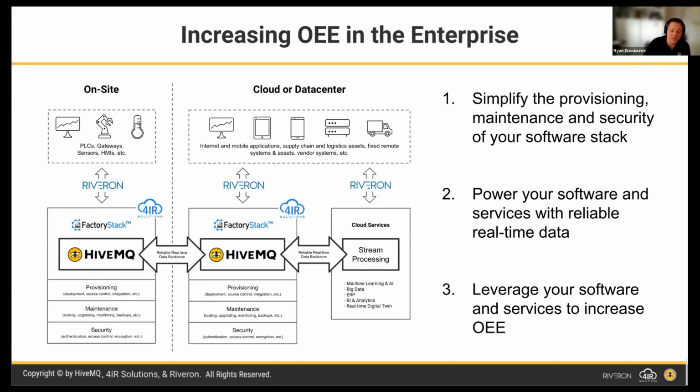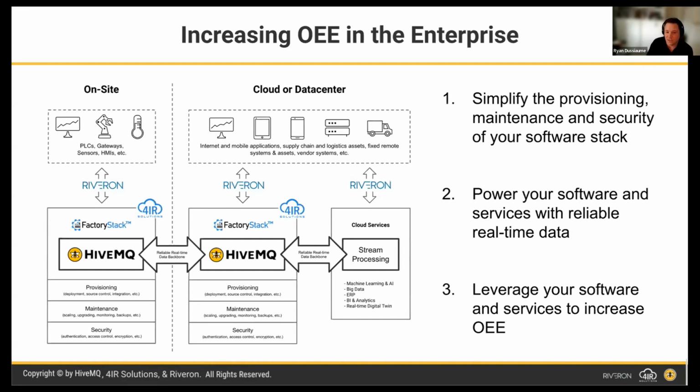typically by an MQTT broker, in this case, HiveMQ. And a little bit later, I'll dig into some details on what the architecture of HiveMQ looks like in this, and some of the details of this real-time data backbone. But essentially it is all about being able to reliably deliver that data to the cloud in real time so that the factory stack in the cloud can leverage this data, as well as the applications and cloud services can leverage this data to provide the information to the people that need it in order to take action to